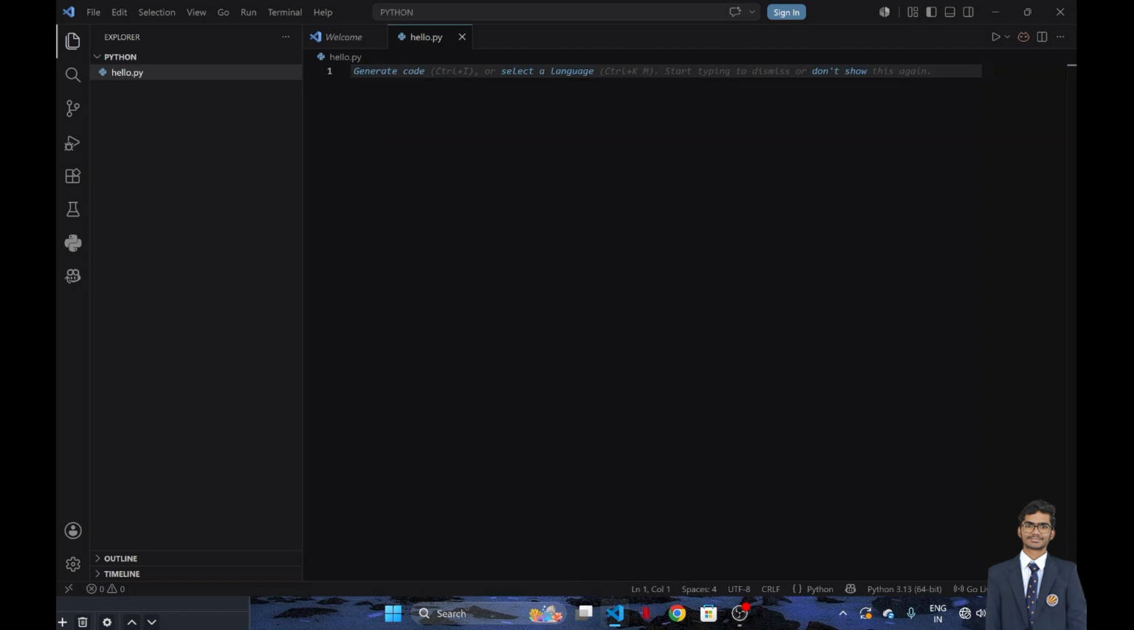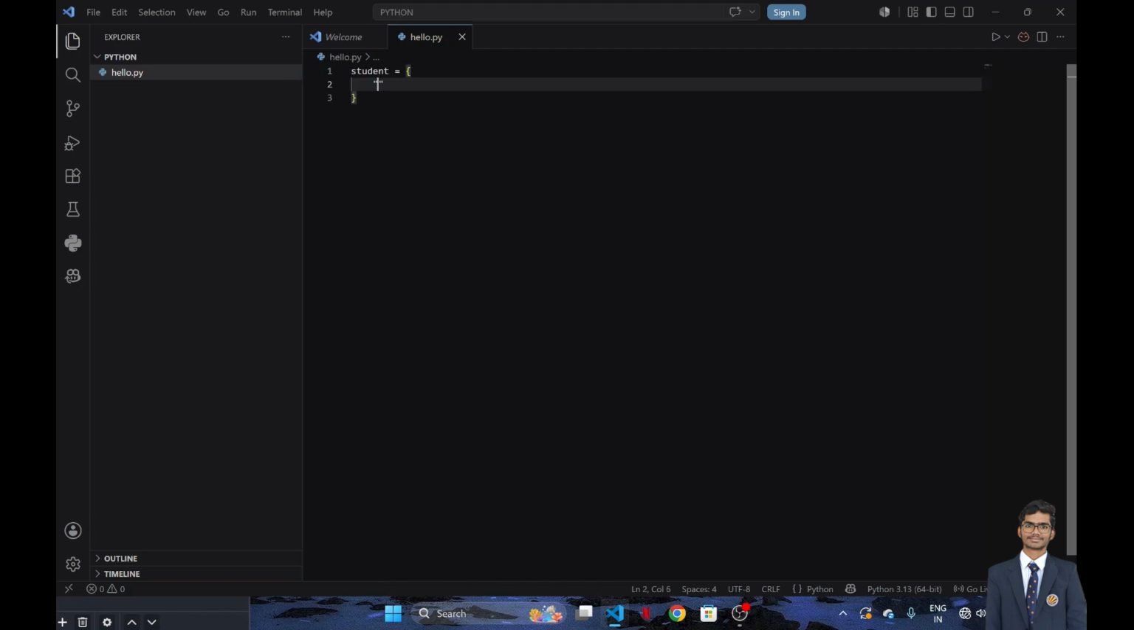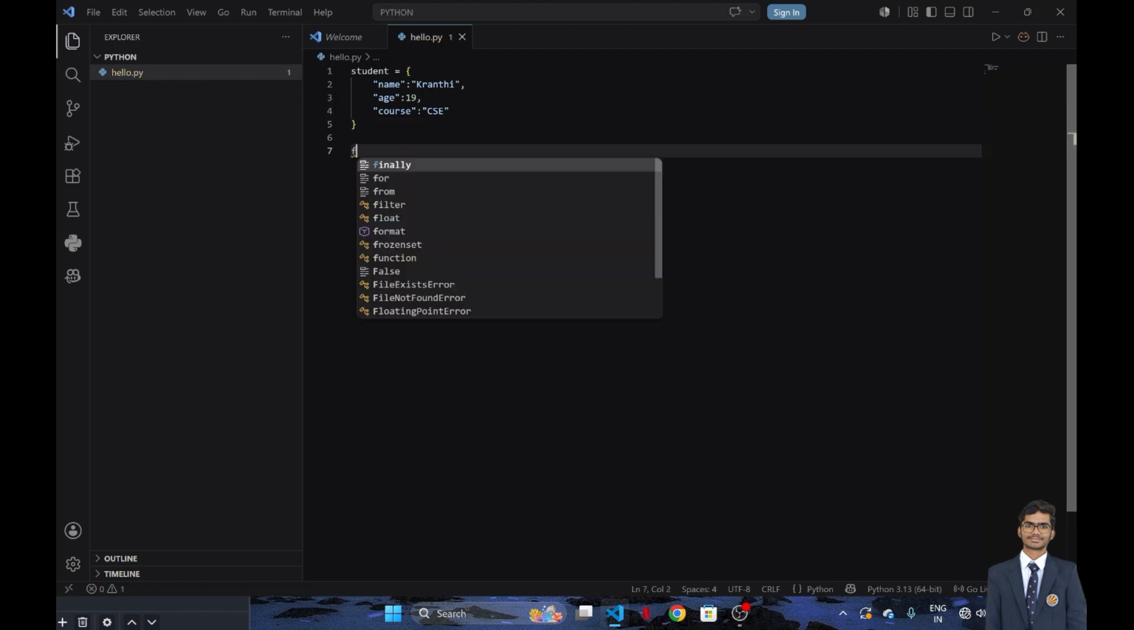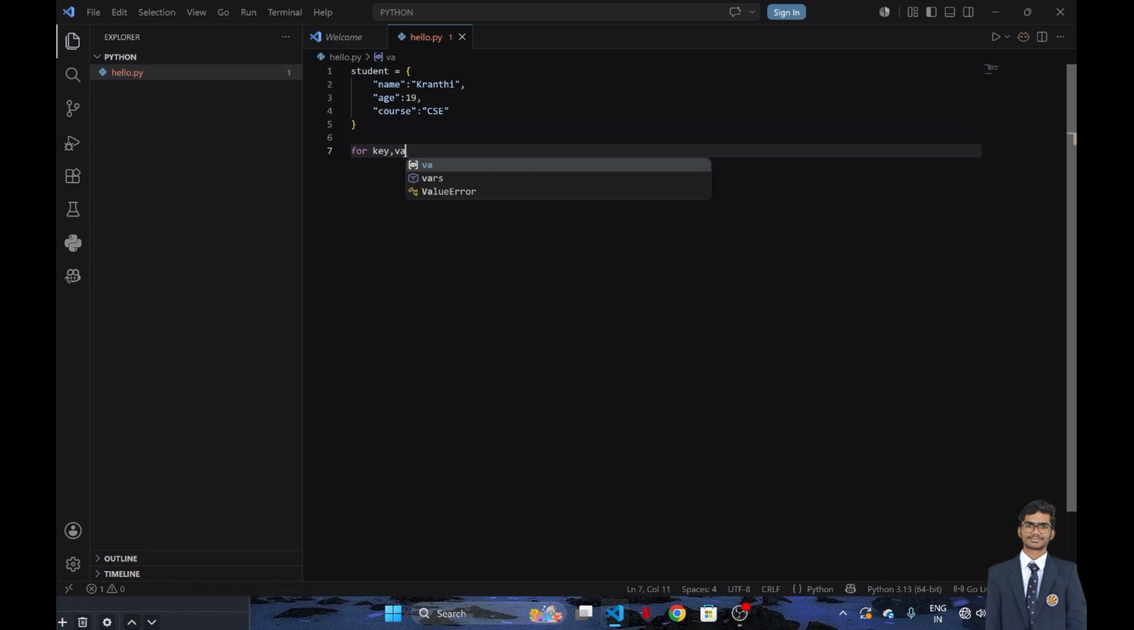Now, traversing using items. Let's do one program on it. student = {"name": "Kranthi", "age": 19, "course": "CSE"}. for key, value in student.items():